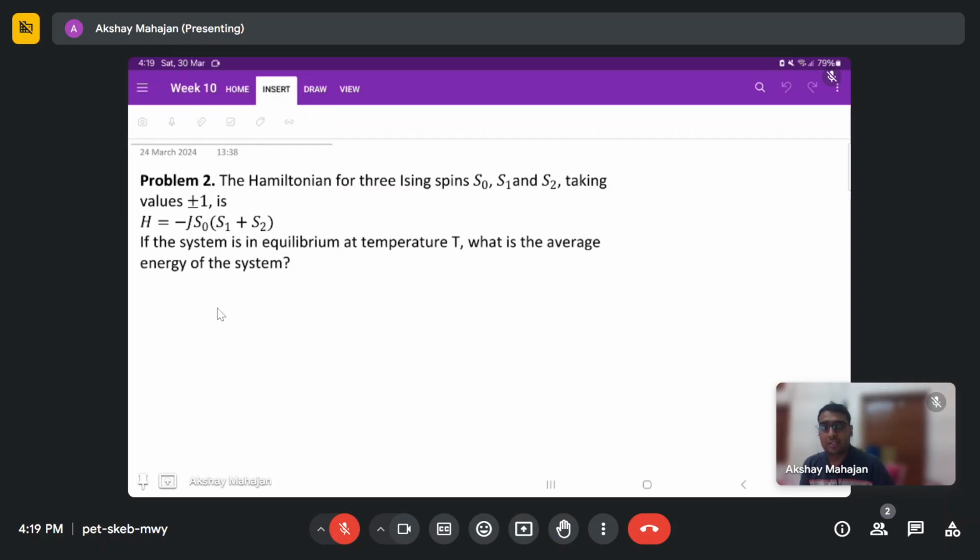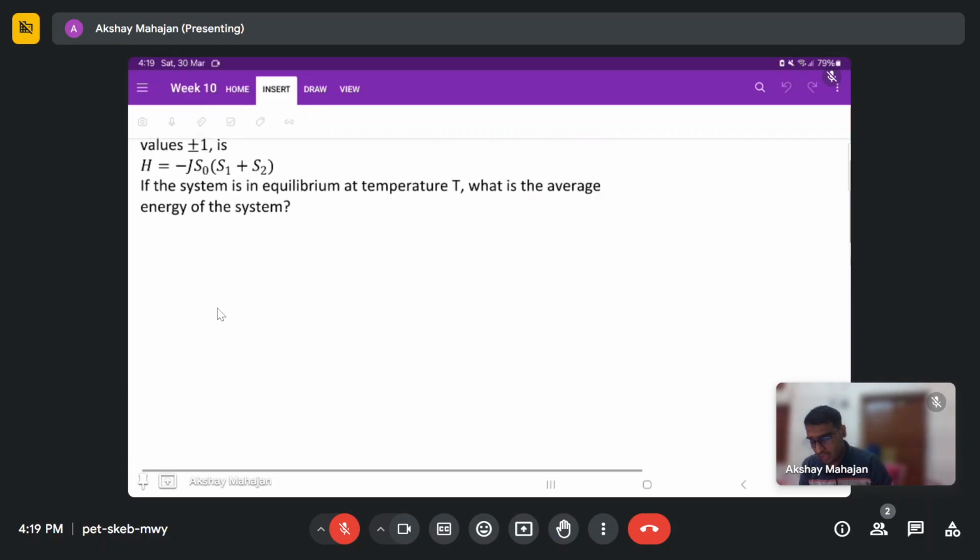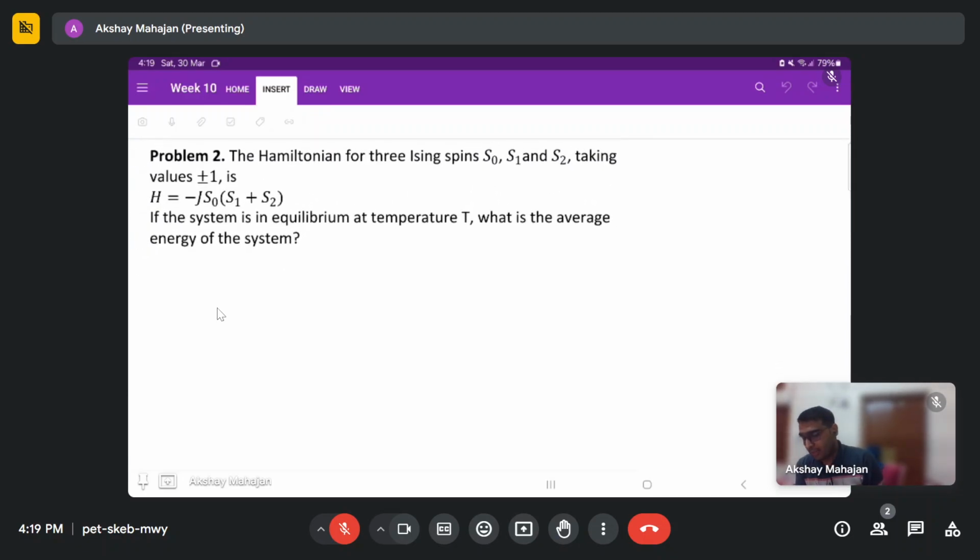Now if the system is in equilibrium at temperature T, what is the average energy of the system? So it is now asking us what is the average energy. As you know, whenever we talk about the average energy, as we have done in the previous session as well, we will first find the partition function, and then using the partition function we will find the average energy. So here for this problem we have the Hamiltonian minus J